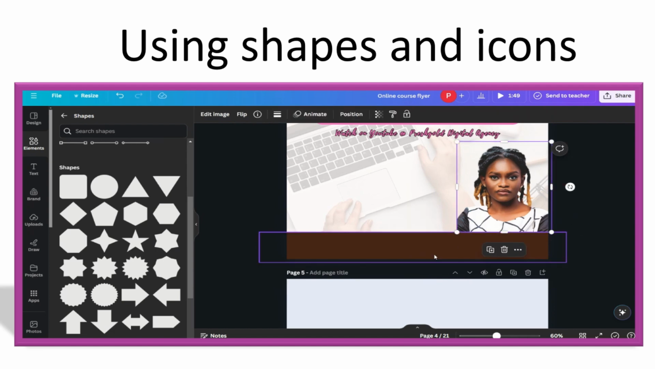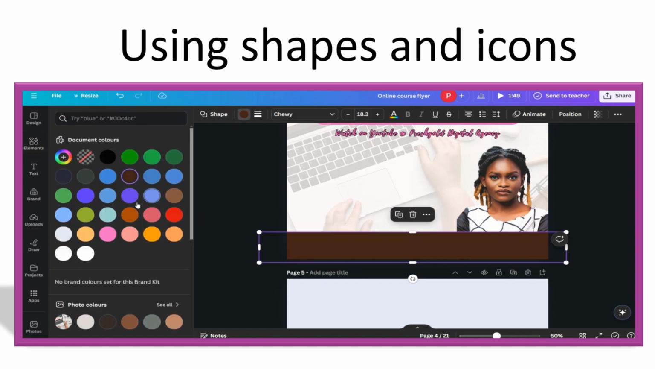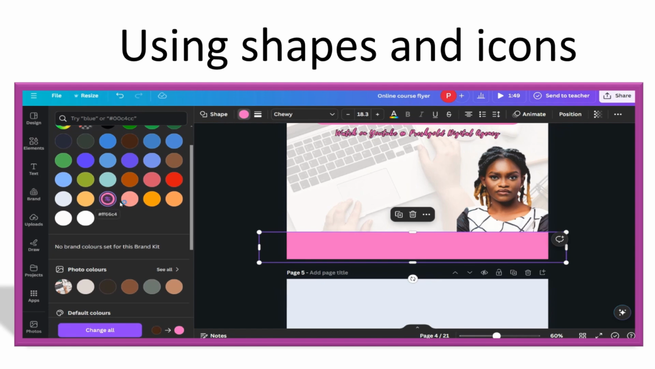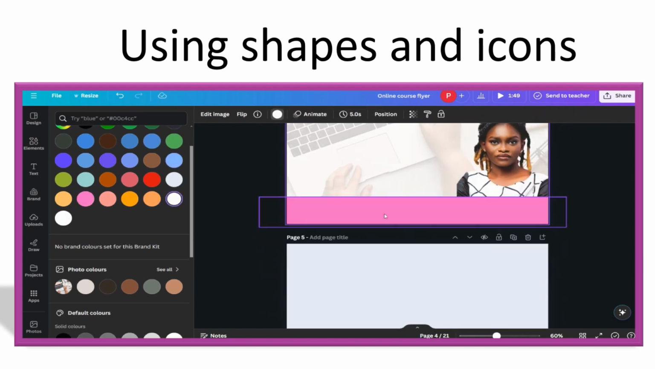Okay, let's see. Now that we've added it, let's say the next thing I want to do is change the color, and I want to use an existing color on my design, which is pink. So we have the shape chosen, we have the color changed. The next thing we